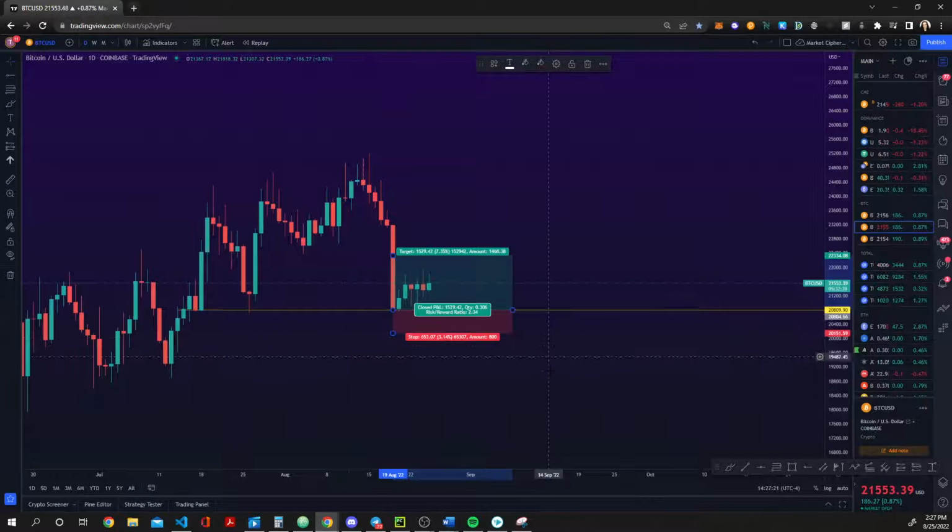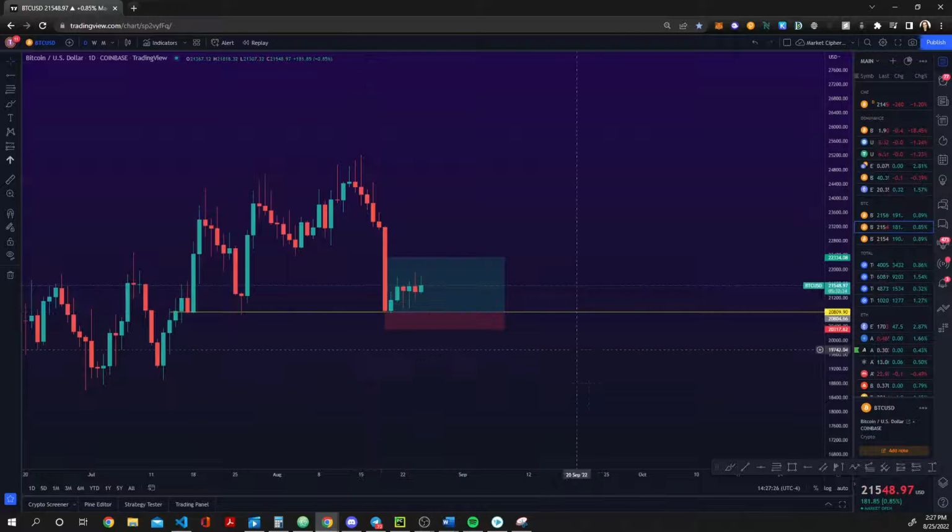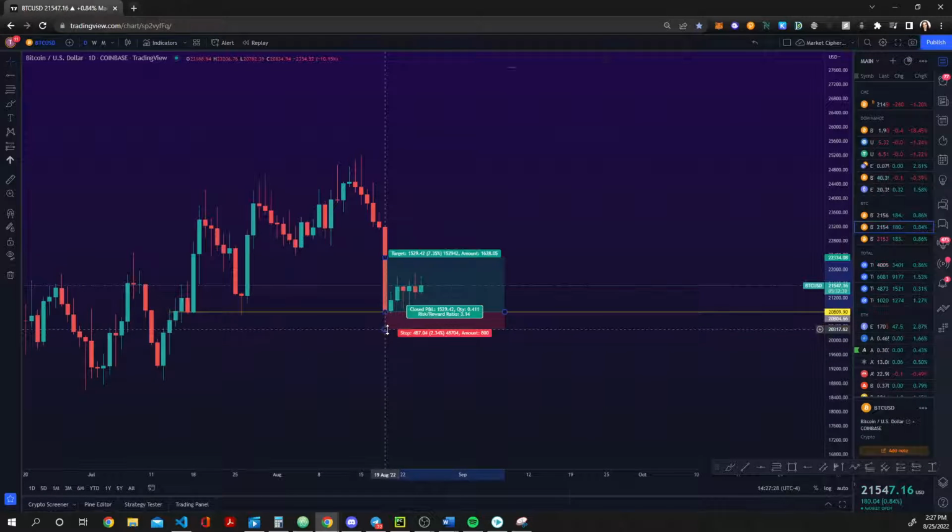So your stop loss is basically your invalidation, right? So if you're entering a trade and you're saying the support is here, I'm entering a long position, I have my stop loss here below support. If we were to drop down to that support, you have your stop loss here, right? You would have gotten stopped out.